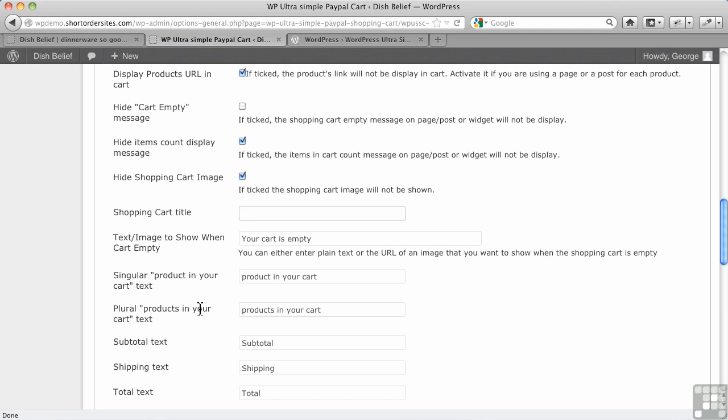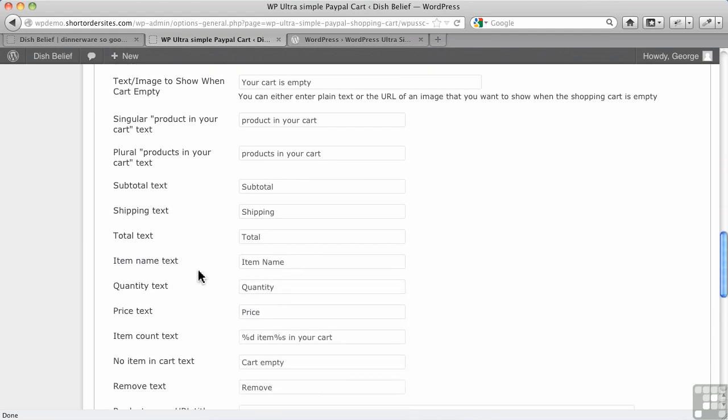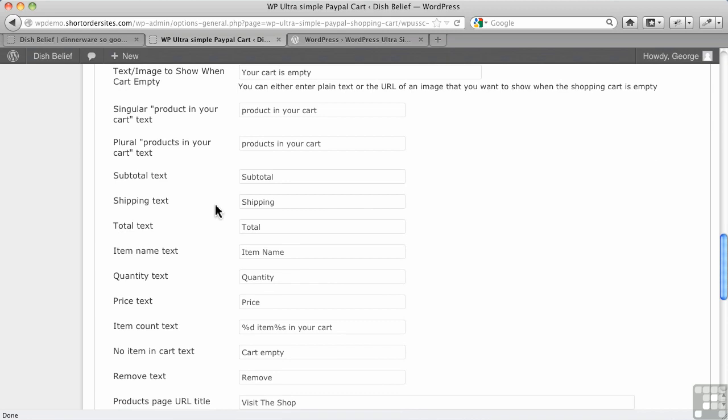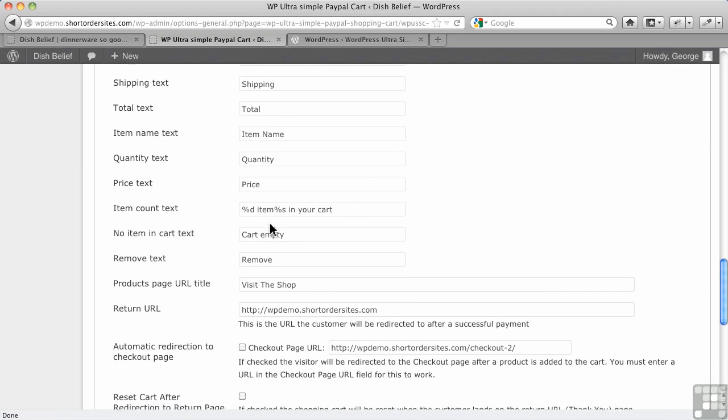If you're not displaying it, you don't need to worry about these. Now, the nice part in this next little bit is you can control the wording of a lot of the elements of your product display and of your shopping cart itself. And that also means that if you want it in another language, this is where you would put your different languages. All right, so those are a lot of different items in here.